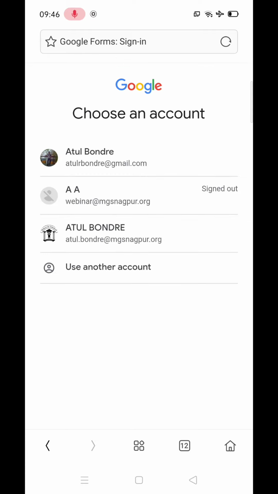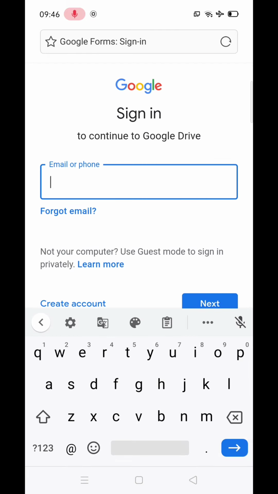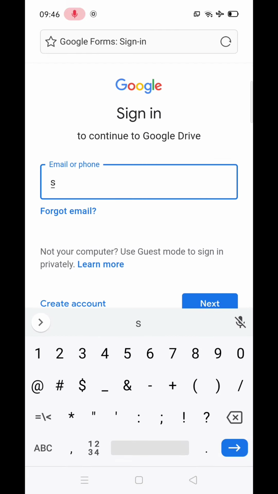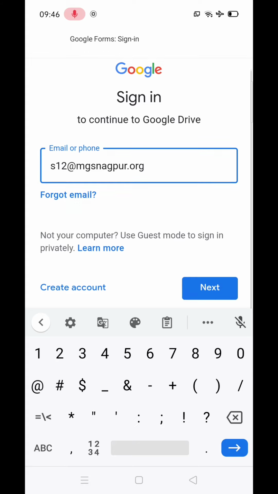I am taking a demo student example, so my correct mail ID is s12@mgsnagpur.org. If your correct mail ID is already selected, then there is no issue.